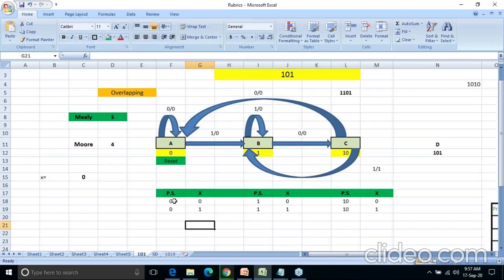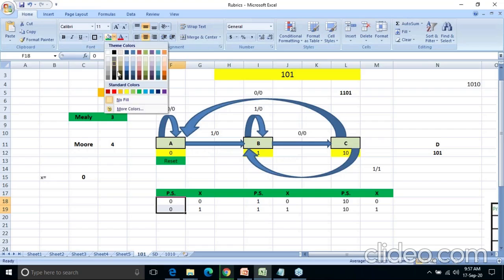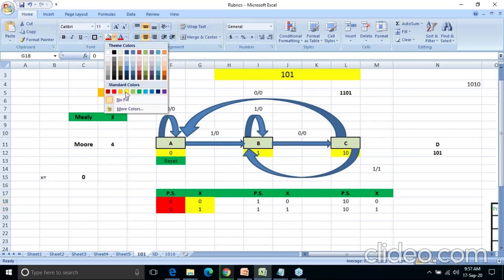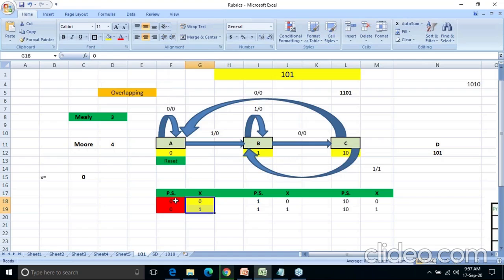Now what is written over here? What is the present state at this moment? Present state is A. What is meant by A? That 0 is already detected, and that's why I have written 0 0 over here. As I am in state A, the present state is 0 0. What will be my input? There are two options possible. Input might be 0, might be 1, and that's why the input has been written as 0 1. If I am in state A where 0 is already detected, my input may be 0, and second, my input may be 1.